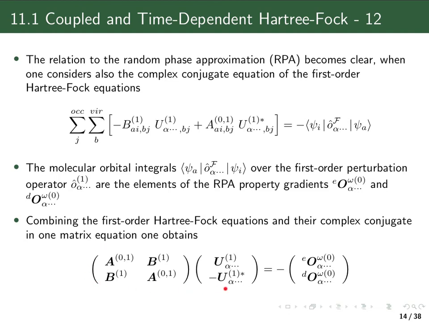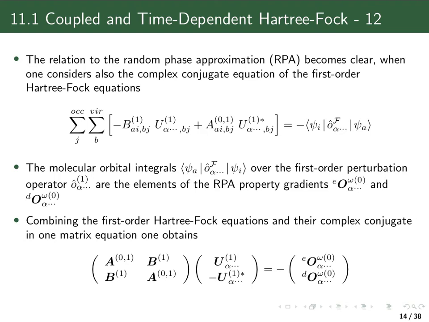which then can be written in this way, where here we have the A and B matrices, and we have our U matrices, and here the original U matrix, and here the complex conjugate, and this one has a minus sign. And on the right-hand side, I have used the symbol O here for the vector of these property integrals. And writing in this way, it clearly becomes clear that the U matrices are the solution to this inhomogeneous set